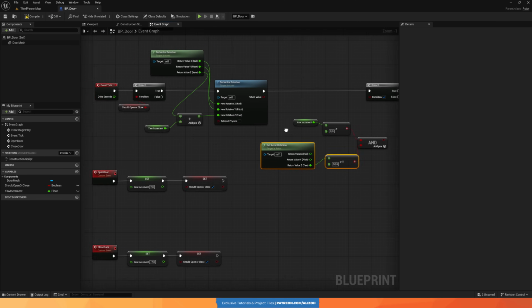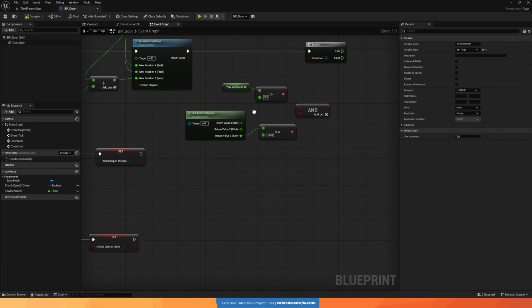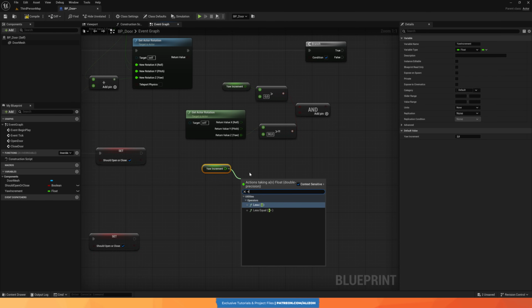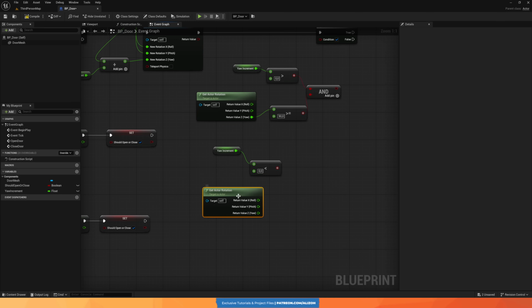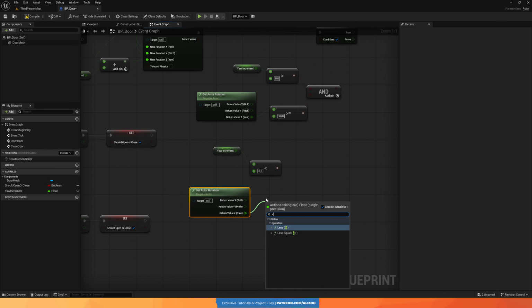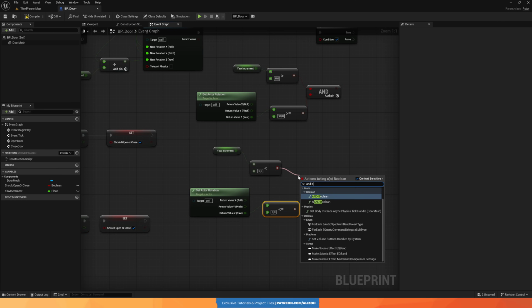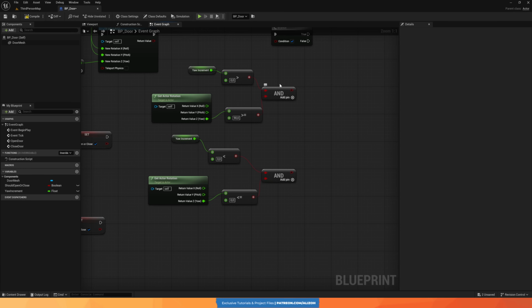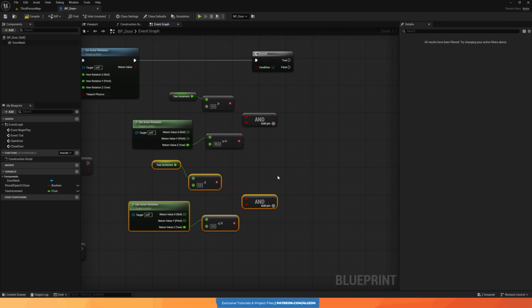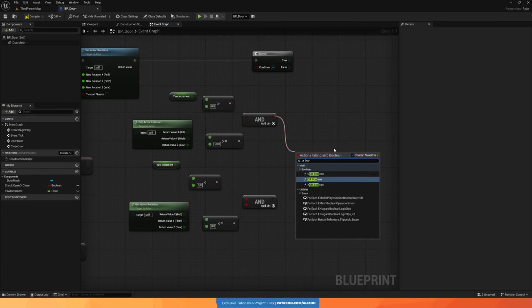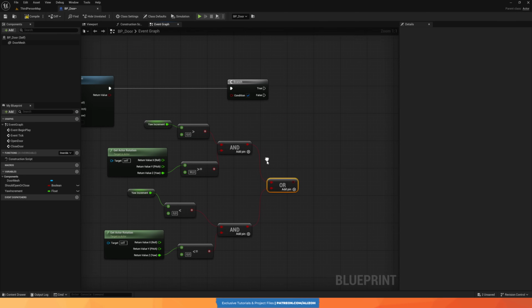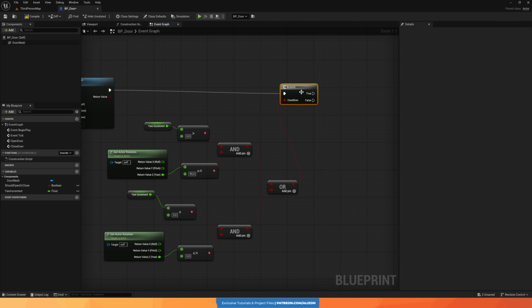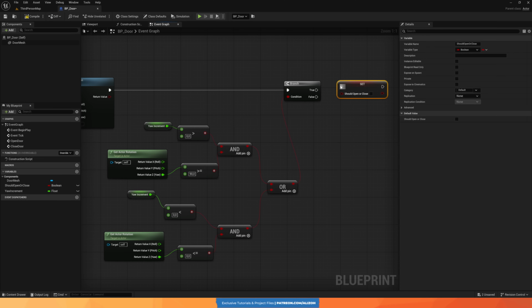But we also want to check for the condition if we're closing the door and we reach the end. So that condition is if the yaw increment is less than 0 and the get actor rotation yaw value is less than or equal to 0. If both of these are true, then that means we are closing the door and we reach the end. We want to combine both of these conditions in an OR. So if this is true or this is true, then we've reached the end. So I'll just do an OR Boolean here. This or this. If they're true, then we've reached the end, and we want to set should open or close